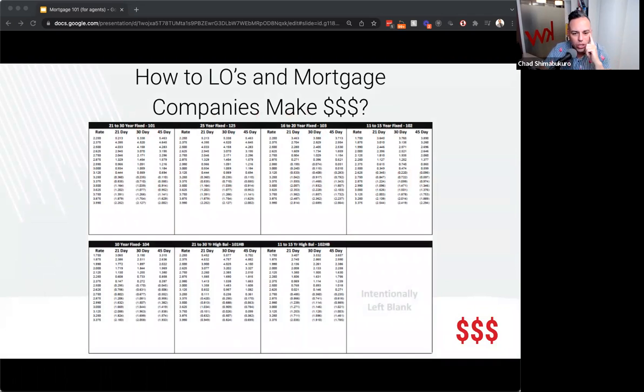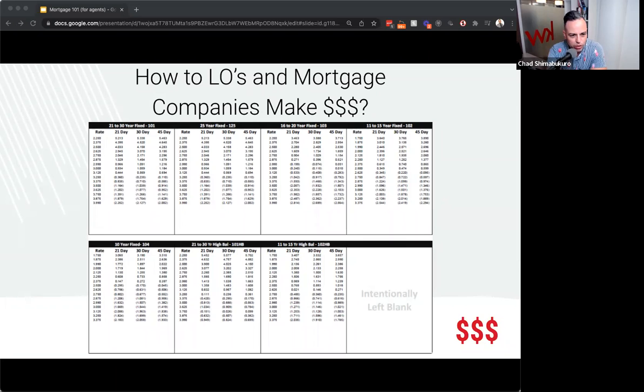So let's look at, just so that we're all focused on the same thing here, the top left box. It says 21 to 30 year fixed, and then it says 25-year fixed and so forth. Beneath it, it says 10-year fixed, because those are the different types of rates depending on how long that fixed period is for. If you look in the top left box, the 21 to 30-year fixed, if you look at that lowest rate, because everyone will focus and go, oh, look at that.